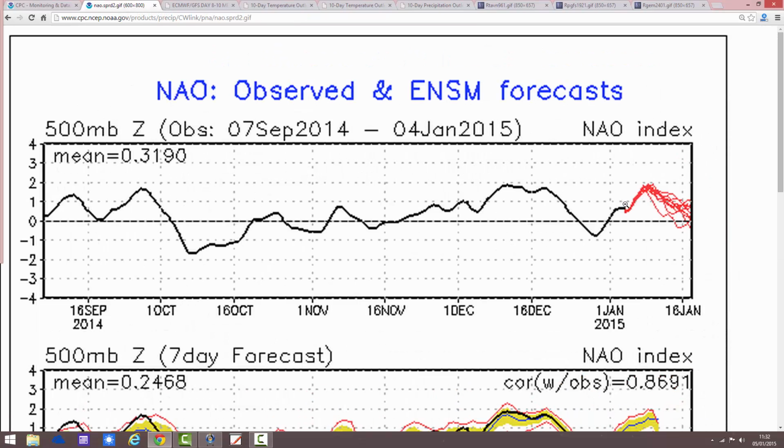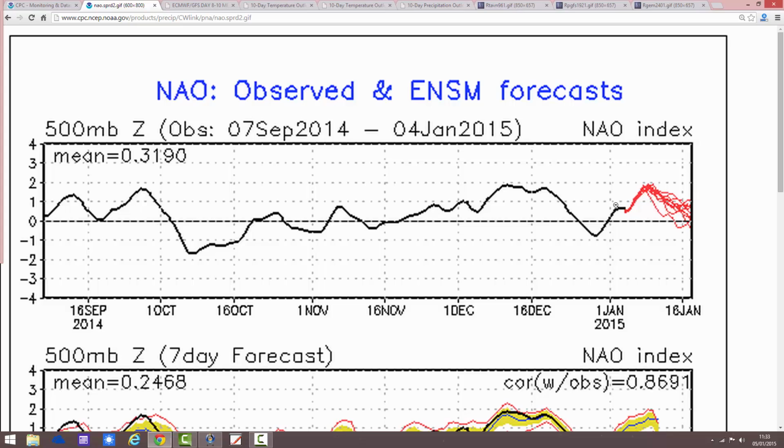Now, the North Atlantic Oscillation is the same idea. It's an index that reflects the state of the atmosphere in the North Atlantic rather than over the top of the pole. When it's positive, we've got low pressure around Iceland and high pressure through the Azores. And when it's negative, we've got high pressure around Iceland and low pressure through the Azores. In that setup, you're allowing colder weather to come down from the North Pole. So to get it cold, generally we're looking at a negative Arctic Oscillation and a negative North Atlantic Oscillation.